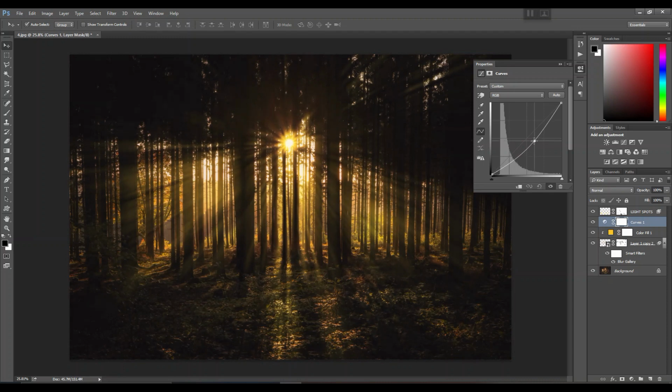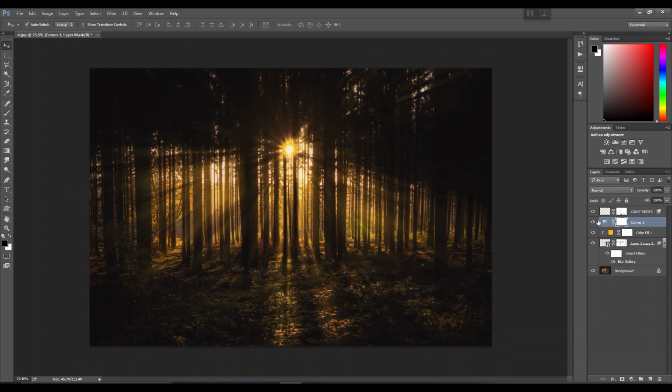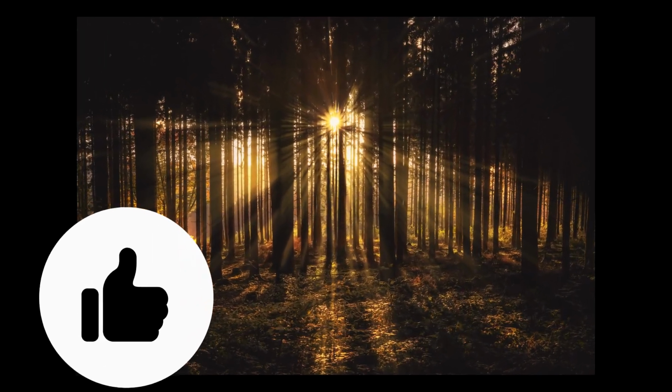As you can see, this is perfect. So this is your final look. You can erase, or you can add some more light with the help of a layer mask if you want. So this was the final step, and this is your final result, which you can see. Here you go.